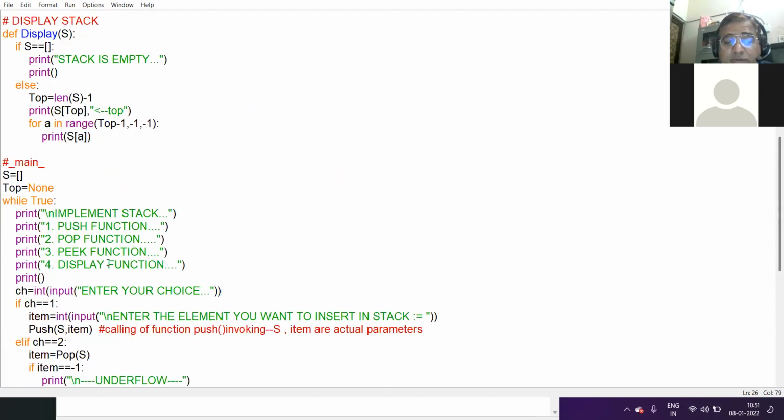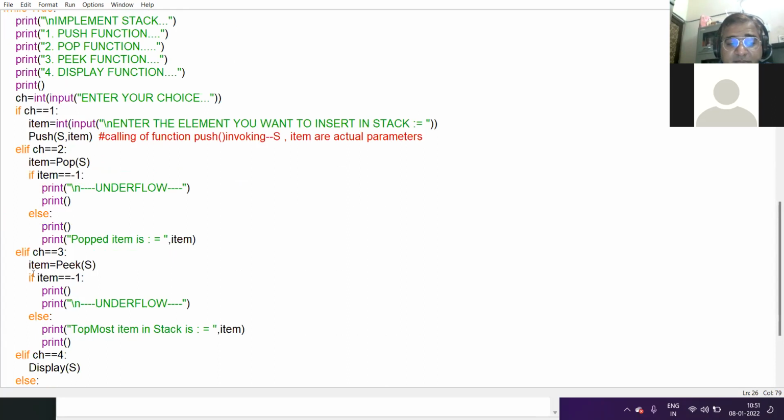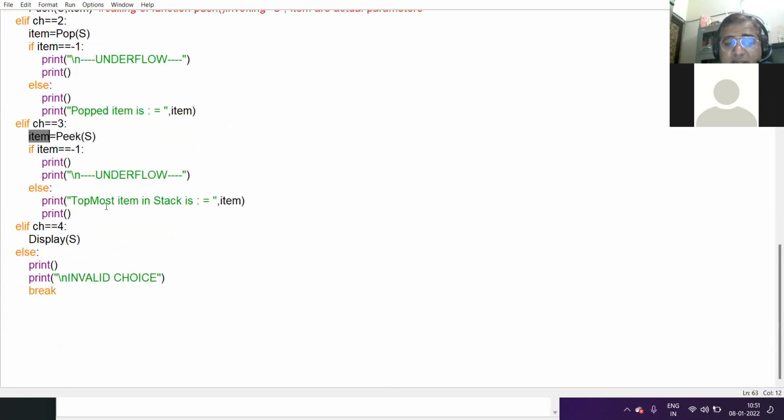So 22 will come and store here. 22 will go in the else part. Topmost item in the stack is 22, because we are assuming that the value of item variable is 22. Okay. I hope the peek function is also clear.